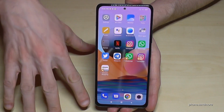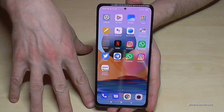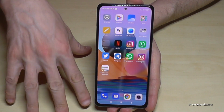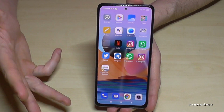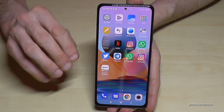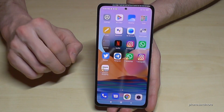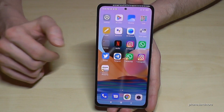But as you have seen, we have also a second space. And by the way, you can install also on the second space a third app. So you can have maybe 3 WhatsApp accounts here or 3 Facebook accounts on that phone. So very, very nice. So the next point I want to show you is for our eyes, because you have